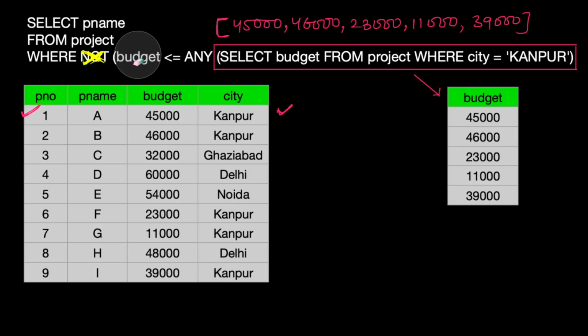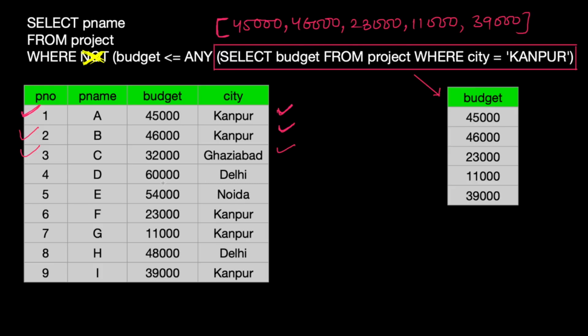Okay, now let's consider the next one. The budget is 46,000. I'm not considering the NOT. Is 46,000 less than or equal to any of the values? Yes, it is equal to 46,000. That means this is also going to be in our result set as of now, without performing NOT. Now the third one is 32,000. Is 32,000 less than or equal to any of the values?